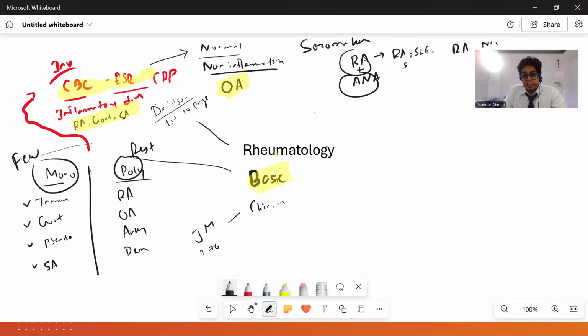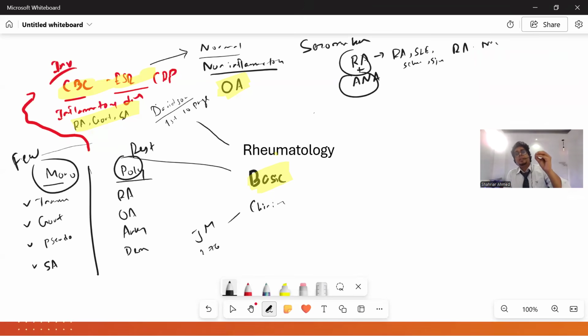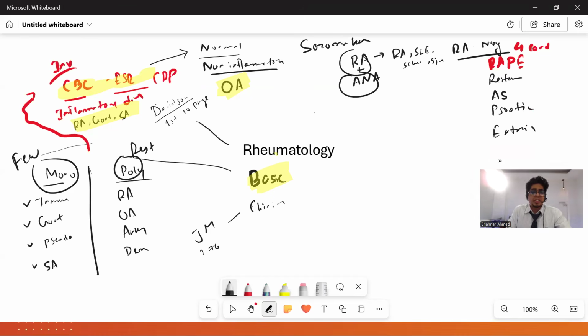Systemic sclerosis cases also, right? Sjogren's as well. Yes, well done. So in certain cases, it can be seropositive. Seronegative, on the other hand, is basically four conditions. Four conditions where it is seronegative. We remember it as RAPE, that particular word. What are those? Reiter's, ankylosing spondylitis, psoriatic, and there's another one called enteropathic, associated with IBD, and so on.